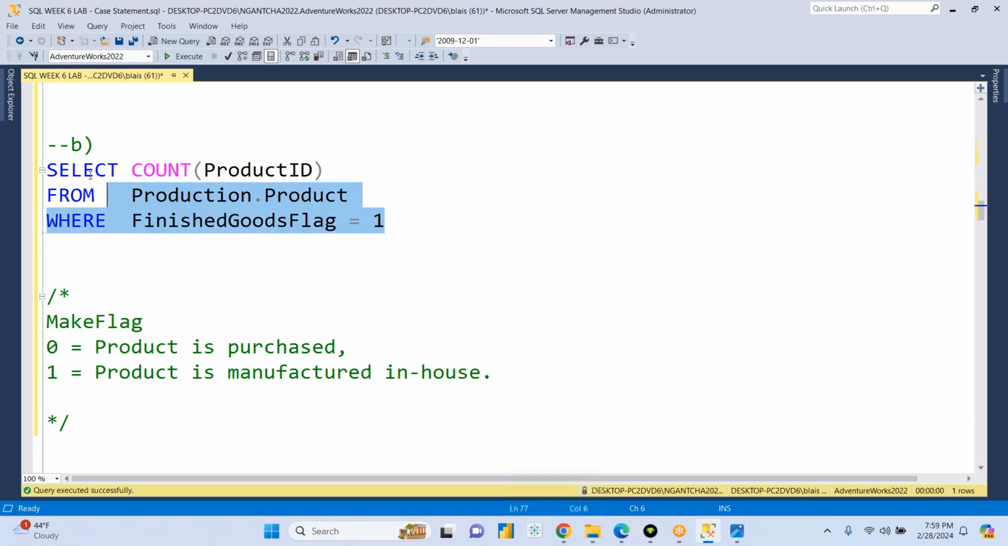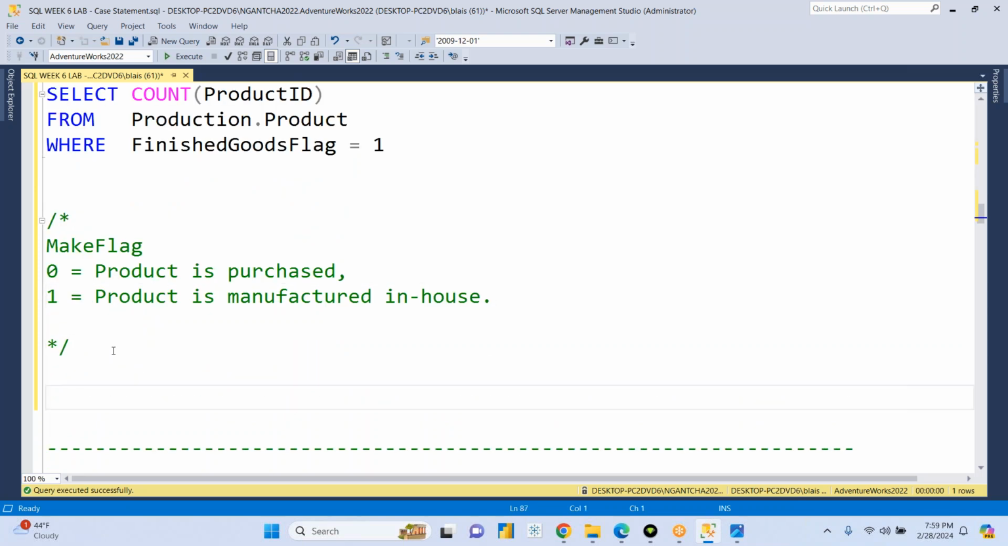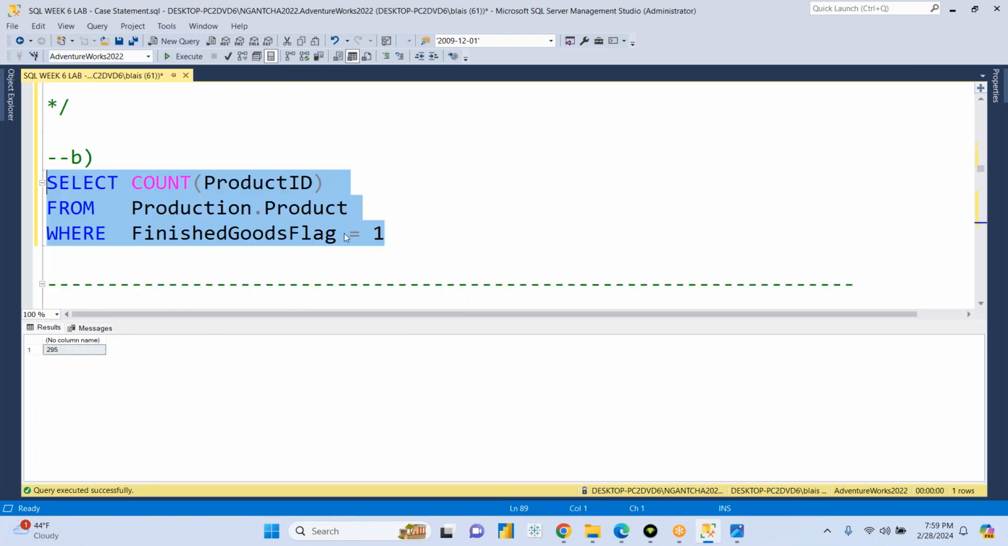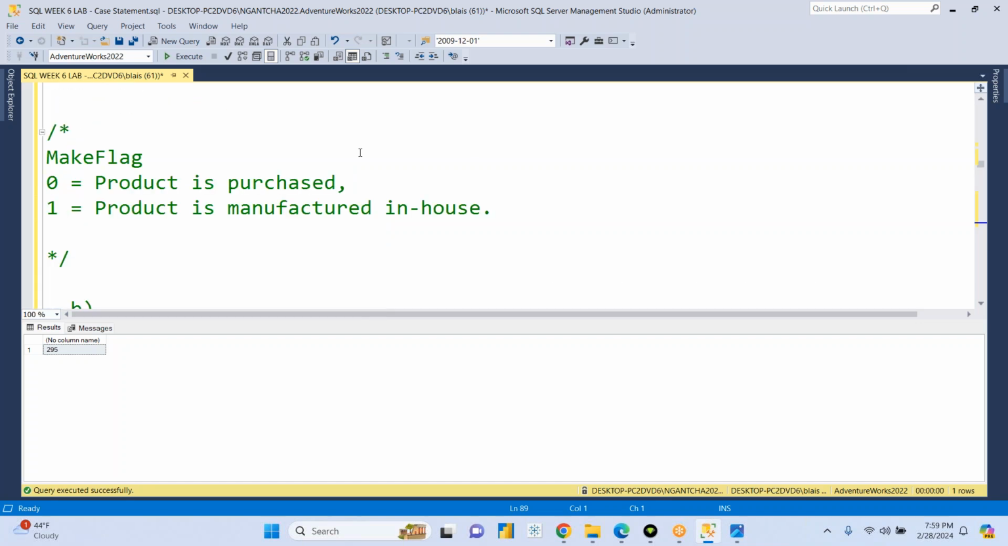So on the C, you have to take this right here and split that count into 2 groups, in-house and purchase. See this counting right here. Yes, we have to split it into two. And that's when you can use your case statement. See that? This is very important. So case, when the make flag is equal to 1,